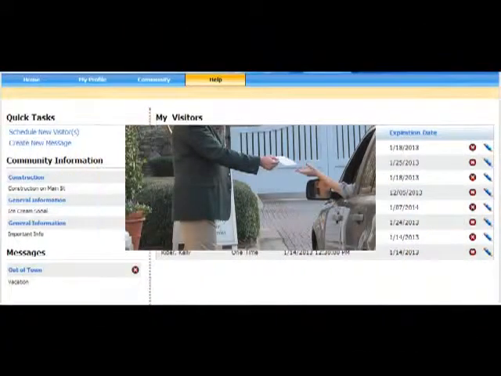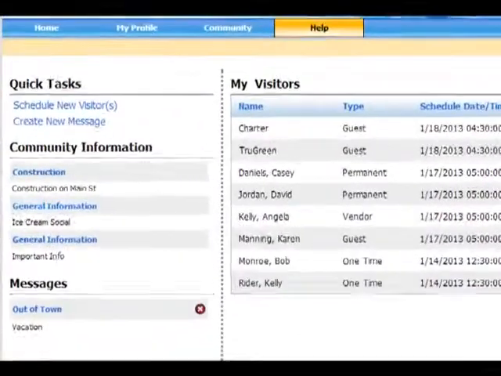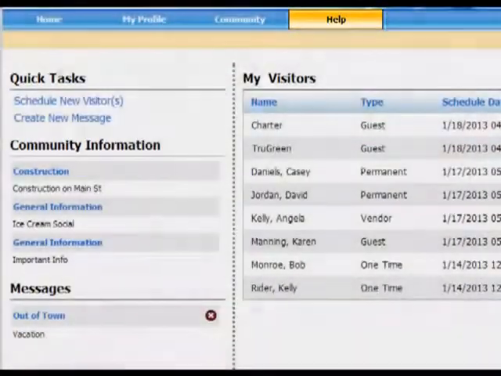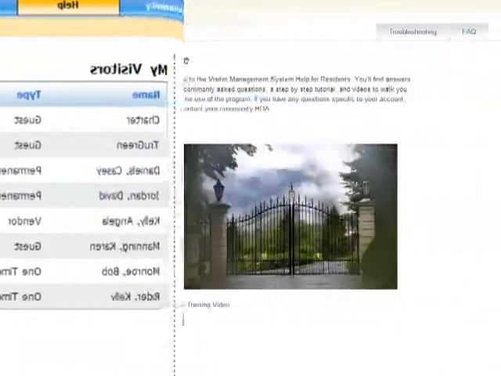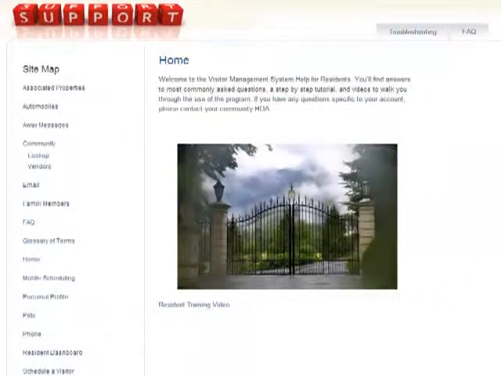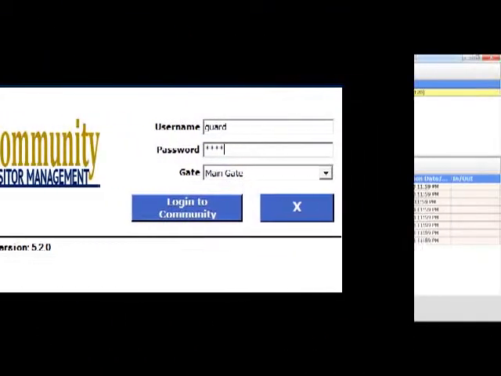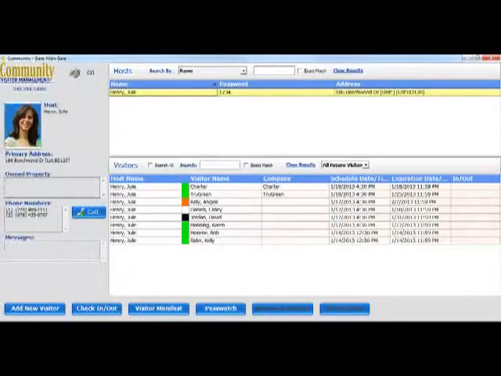One of the first things you'll notice about the program is the clean user interface and comprehensive help section. Clicking on the Help button on each of the screens will take you to help for that specific topic, and in many cases, videos to walk you through the use of the system. Security officers simply log into the program on their computer, and all of the information and tools they need to manage access control are right there at their fingertips.